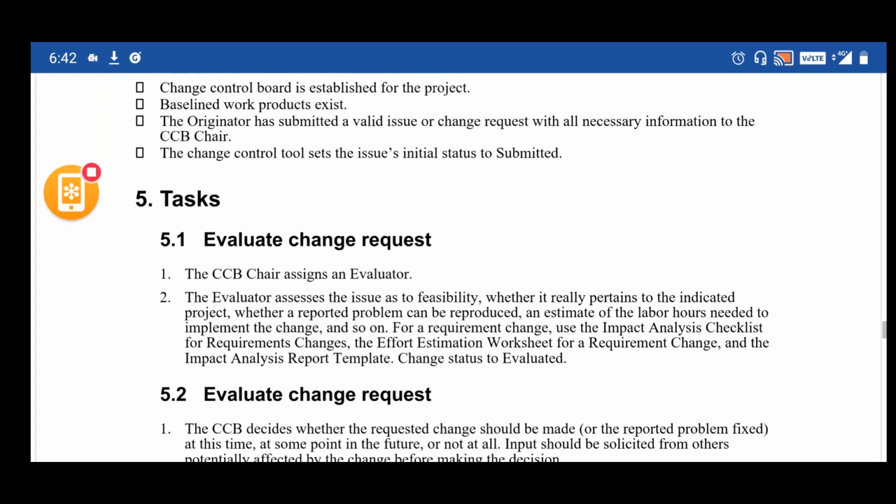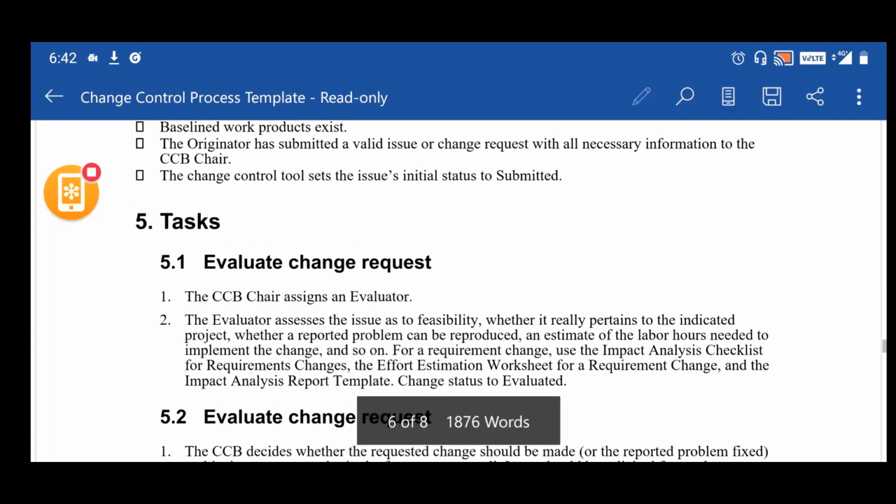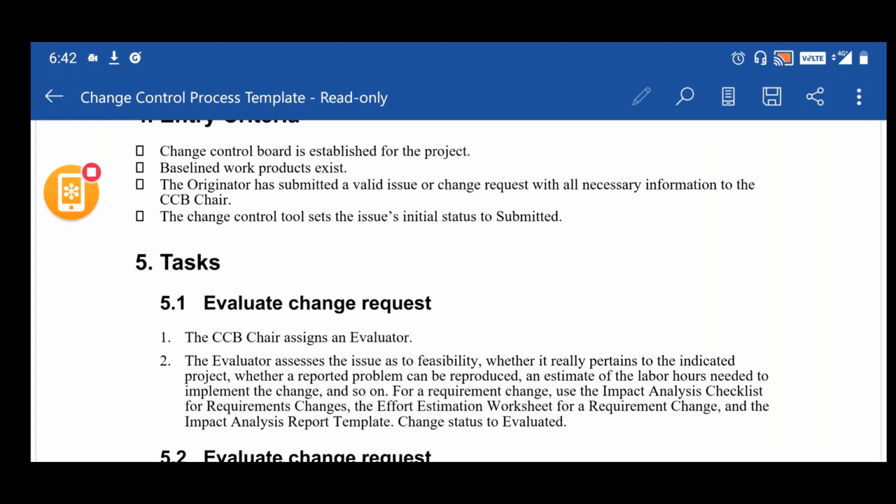So these are all the entry criteria. First of all, the change control board should be there. Baseline document should be there. The originator has submitted a valid issue or change request with all the necessary information to the CCB chairperson. The change control tool sets the issue's initial status to be the submitted status.